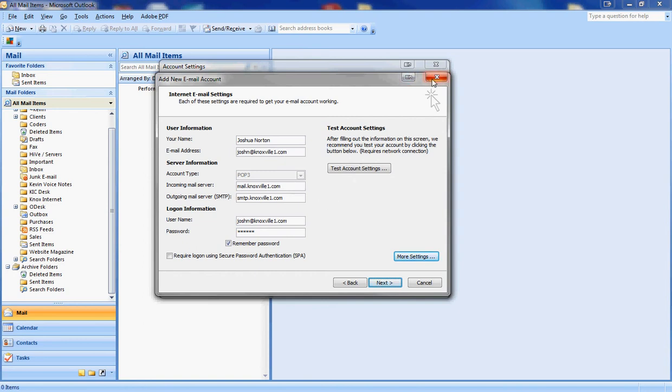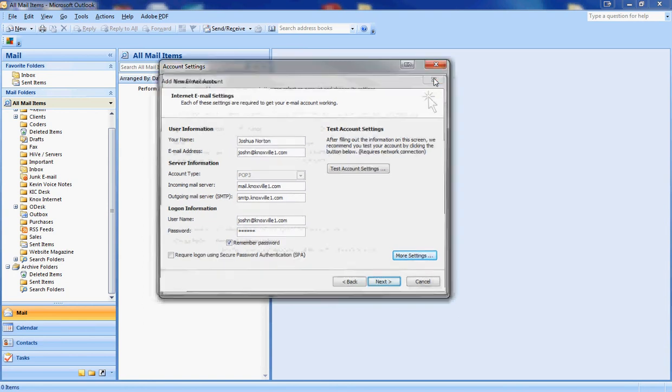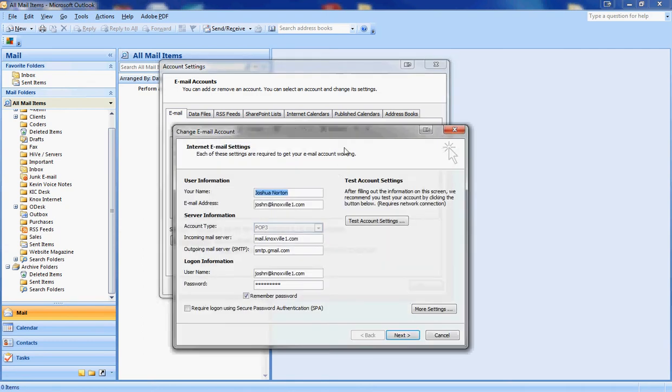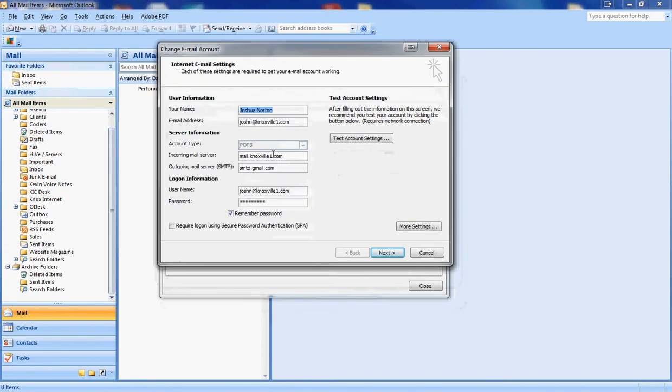Now, sometimes even after you have everything set up, you will run into errors. It will seem like your email's not working, or it may be giving you some strange errors, and this is often due to Microsoft updates. When they update the system, it tends to revert your Outlook accounts back to the default settings. This is simple to fix. Just click your account and hit Change or Edit, and then just make sure that all the settings are what